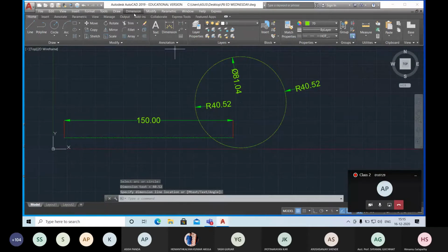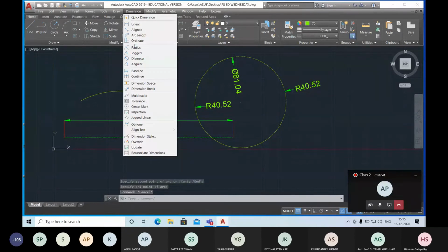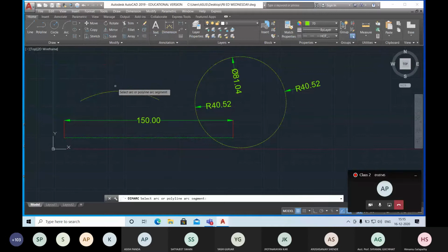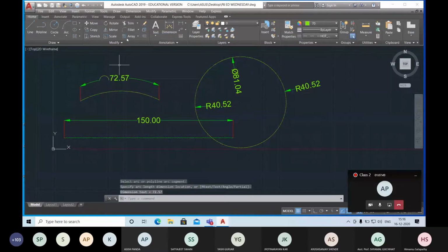Okay. So similarly, if I want to draw an arc and I want to measure that arc, then there is an option, select the arc option. I will tell you the details of how to draw this arc, this circle, all the options. First of all, you should learn about the dimension method, because this is a setting option. You need to check the settings. So this is your arc length. You can select the arc length.